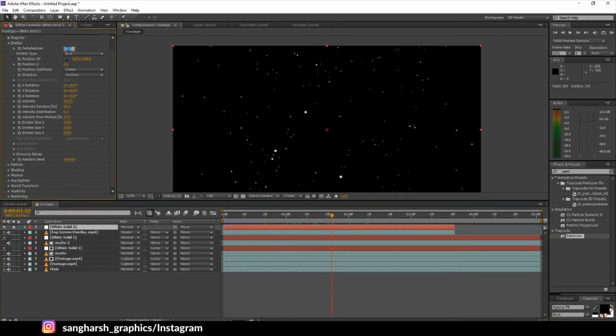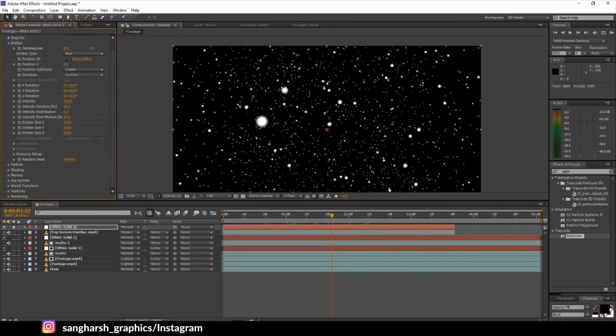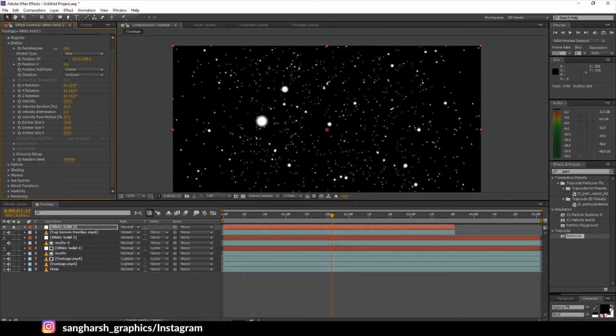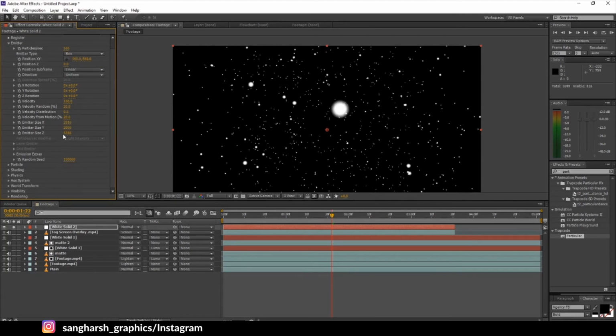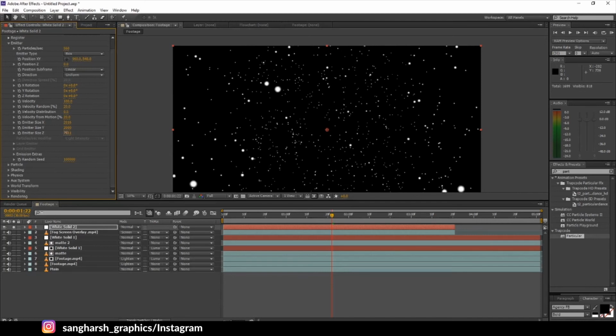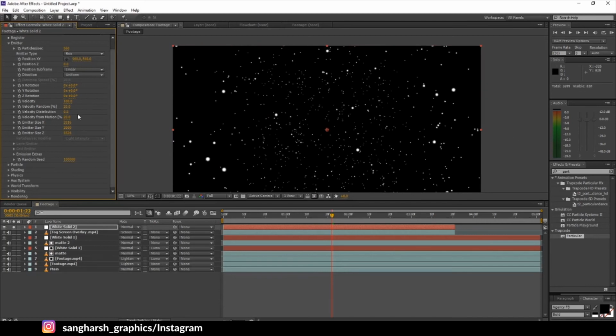We need to increase the particles, something like this. That's looking too much. We can increase the Z depth more, something like greater than 9000.